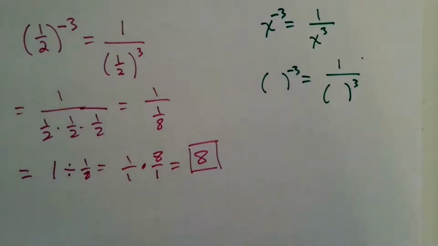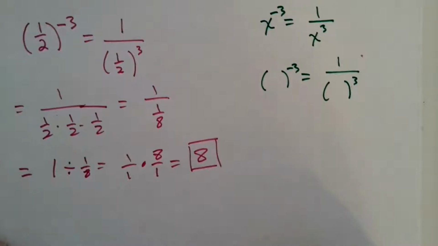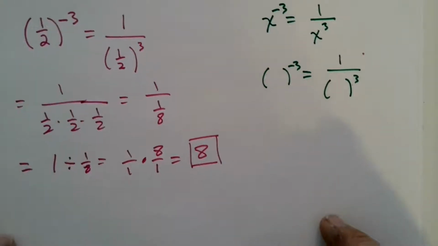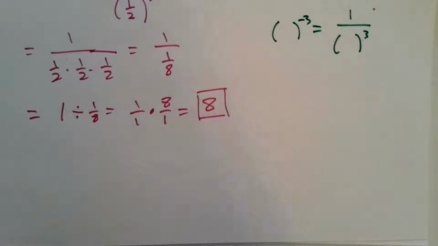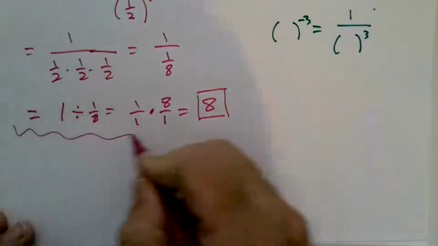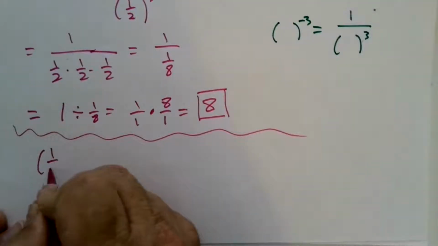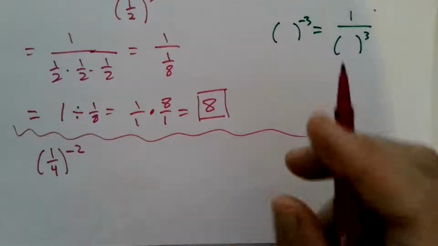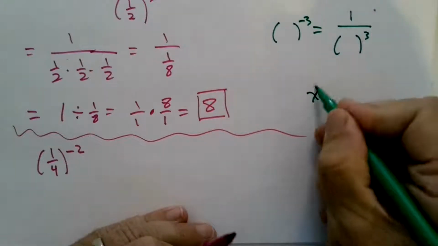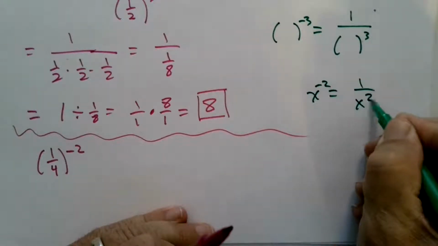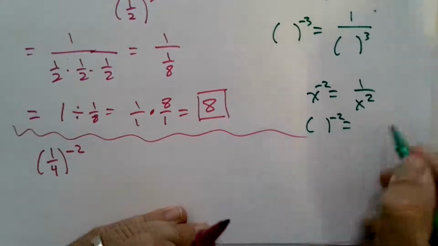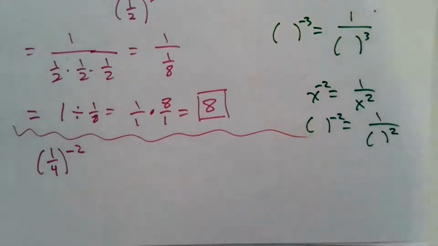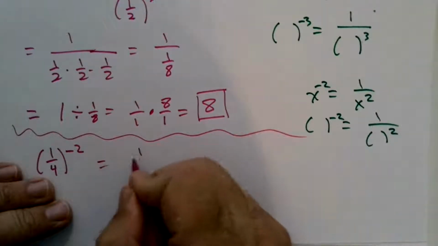So a similar question there. Let's do another one. How about 1/4 to the -2? 1/4 to the negative 2. Again, x to the negative 2 is 1 over x squared. So something to the negative 2 is 1 over something squared. So 1/4 to the negative 2 is 1 over